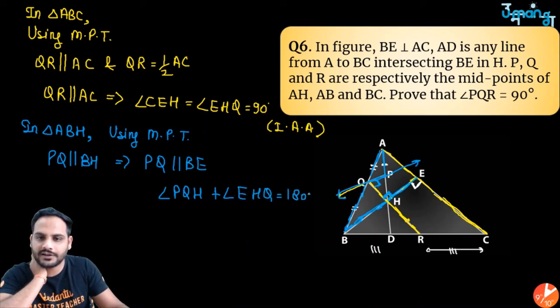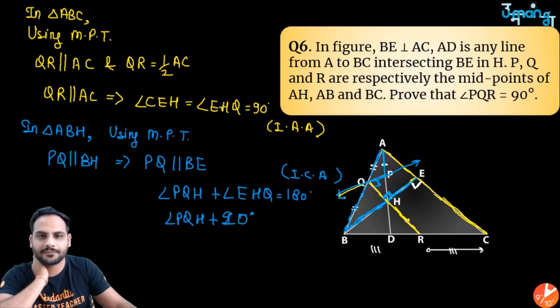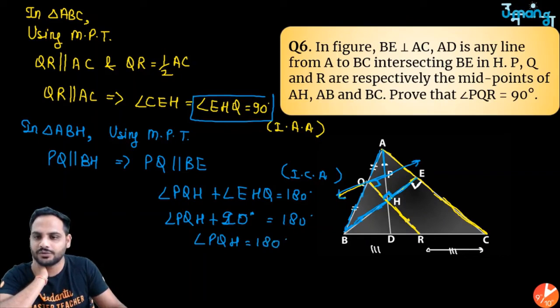तो आई कैन से एंगल PQH प्लस एंगल EHQ इज इक्वल टू 180 डिग्री। रीजन क्या हो जाएगा, इंटीरियर कंसेक्यूटिव एंगल्स। तो PQH का तो मुझे पता नहीं, प्लस एंगल EHQ जो है EHQ वो तो 90 डिग्री है, देख लो यहाँ पे EHQ तो 90 डिग्री है, इज इक्वल टू 180 डिग्री। सो यू गॉट एंगल PQH इज इक्वल टू 90 डिग्री।